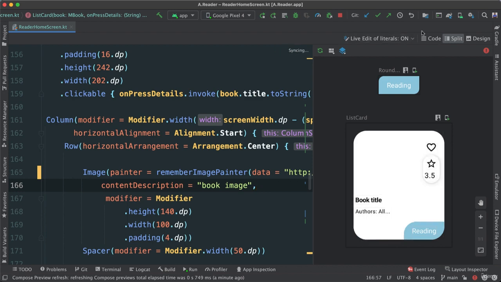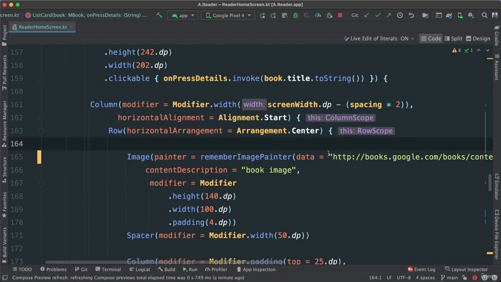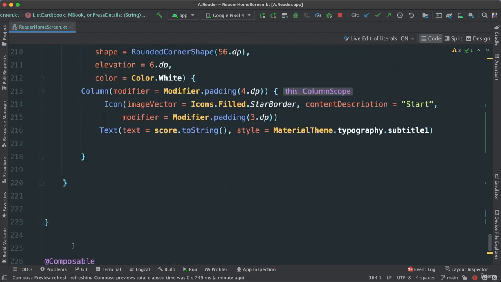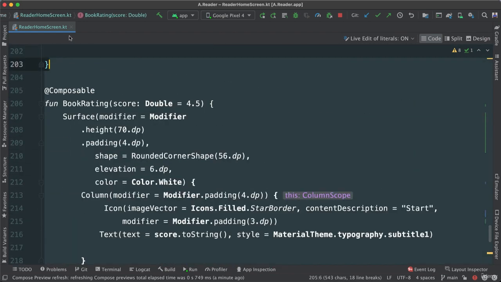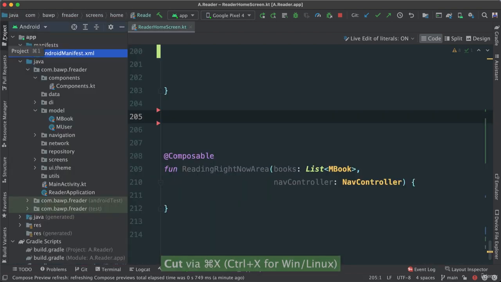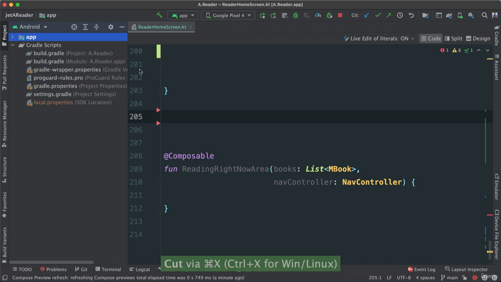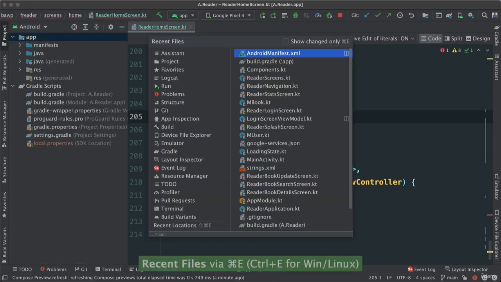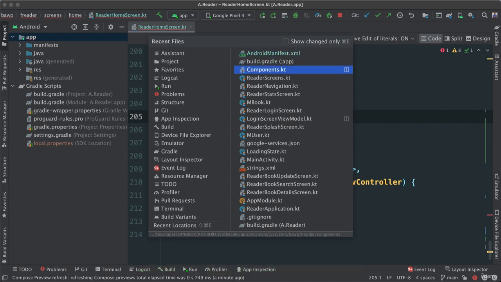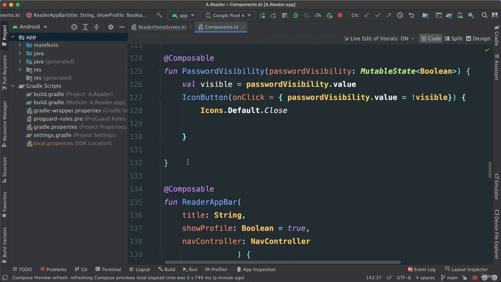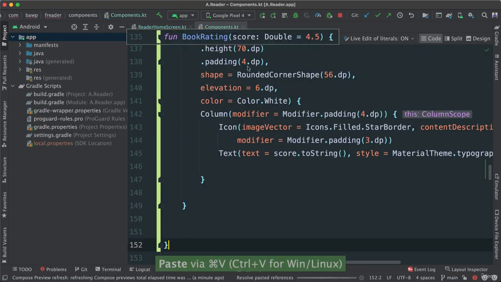All right, let's close this down. So before we move forward, let's move things around here because some of these are not needed in the home. So I'm going to cut this and go to our component. In fact, I can just be smarter about this by just saying Command E or Control E for Windows and look for components. Looks like it's right there. And I'm just going to add that here as well, which means now